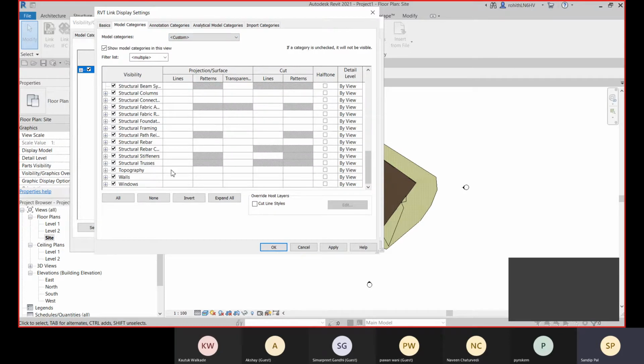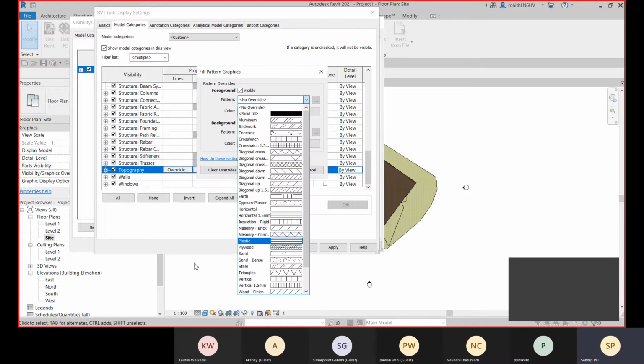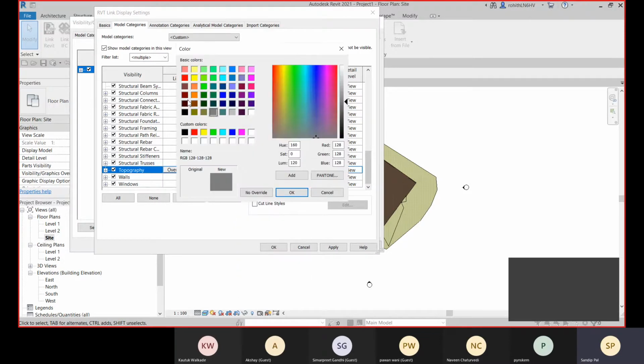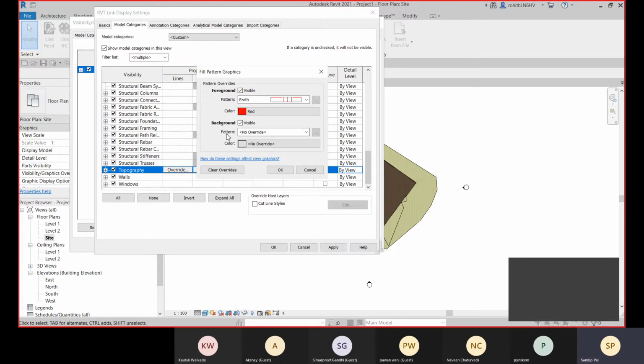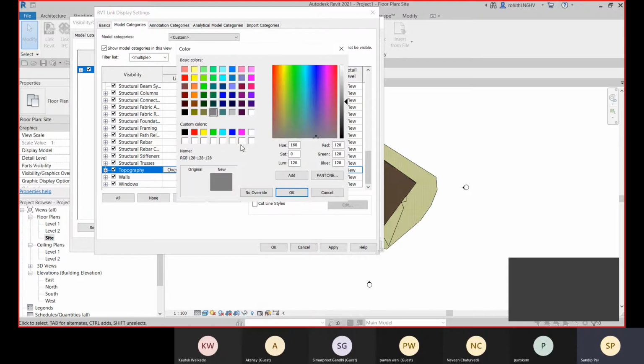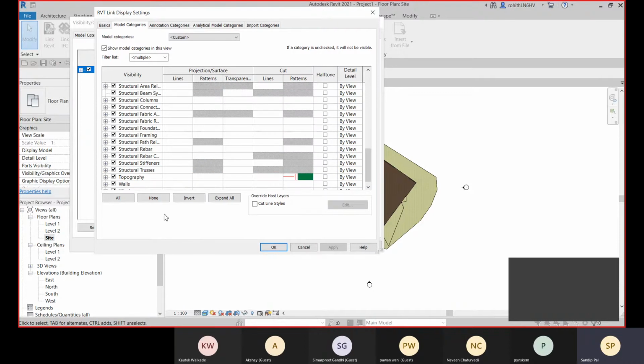Choose the topography. From here you can apply this pattern option. Click on OK. Click on apply.